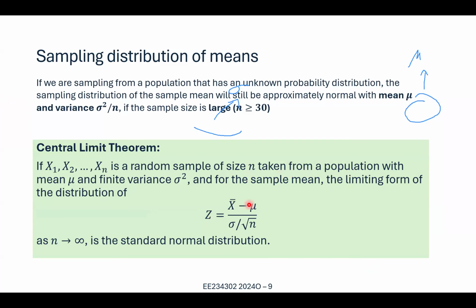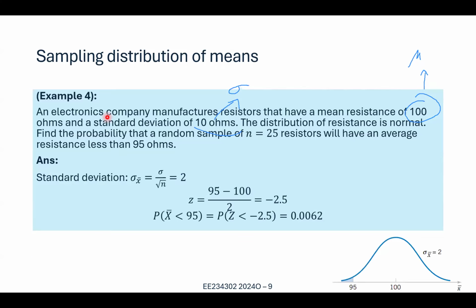this formula here: the mean is mu, and the variance is sigma squared over n. So the standard deviation here is sigma over square root of n, which happens to be 2. Now from that, if you have a sample of 25 here, that sample will have more or less a normal distribution. And then we can find